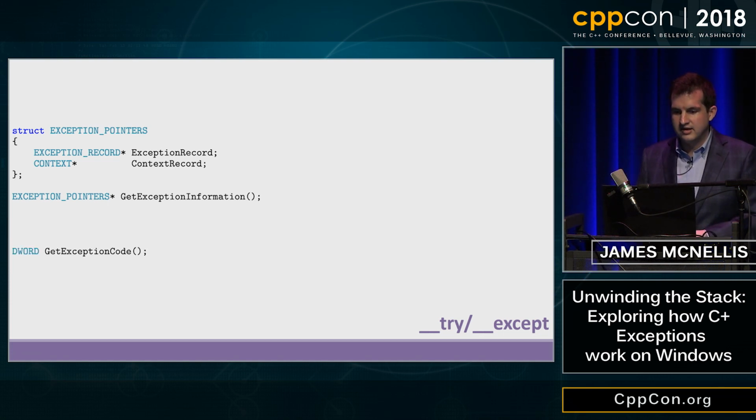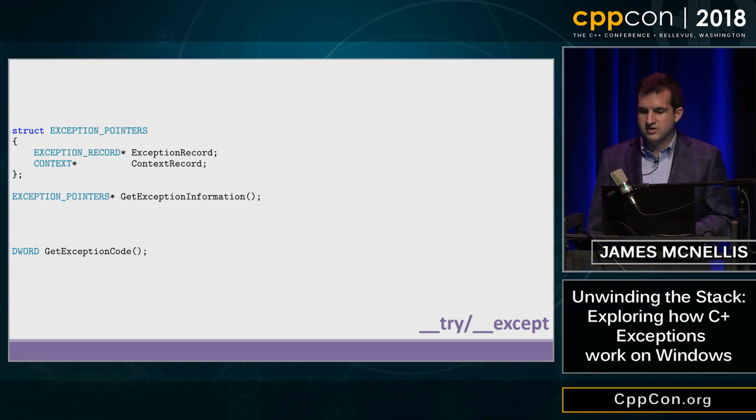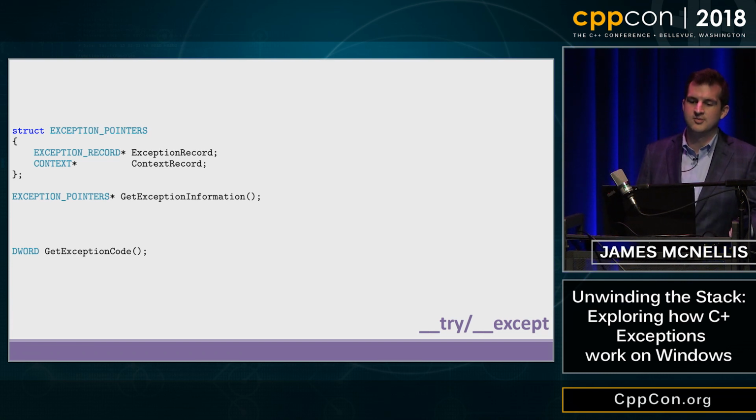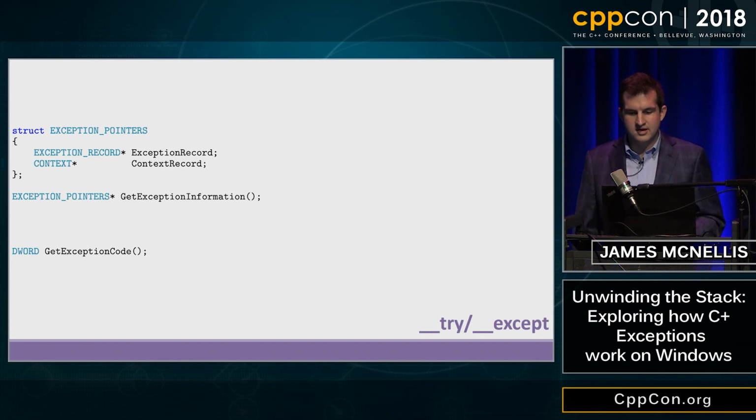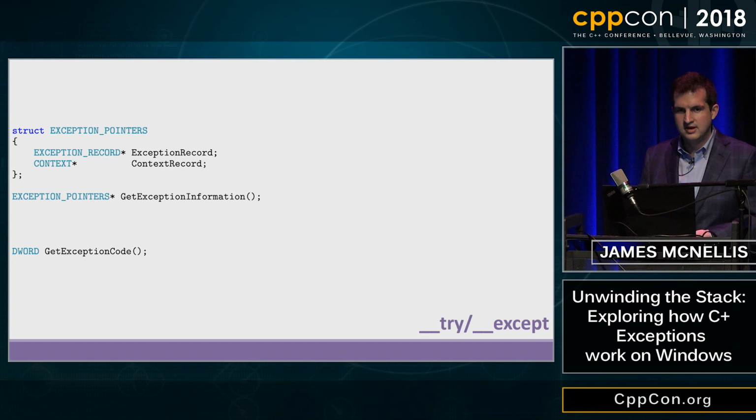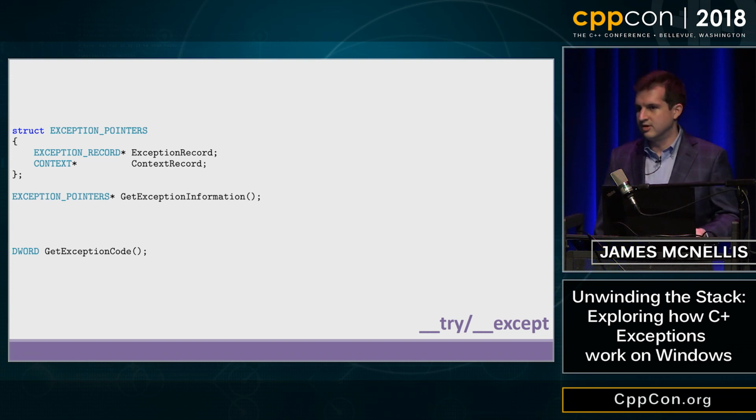The second intrinsic is getExceptionCode, which returns the exception code. This is provided for convenience. The exception code can also be obtained from the exception record in the exception pointers. These intrinsics are only valid for use inside of the filter expression, where we're trying to determine if we should handle the exception. If you try and use them somewhere else in your code, the compiler will give you an